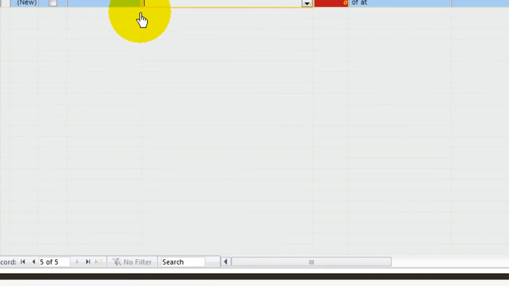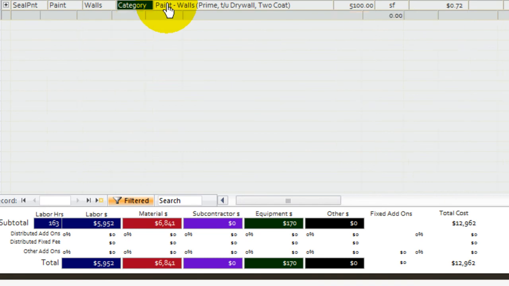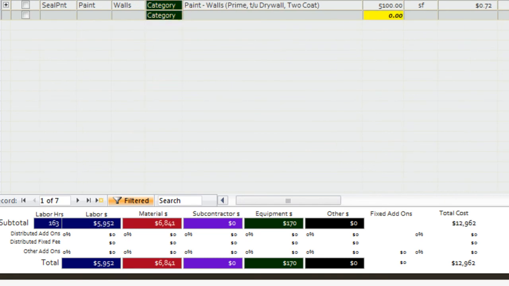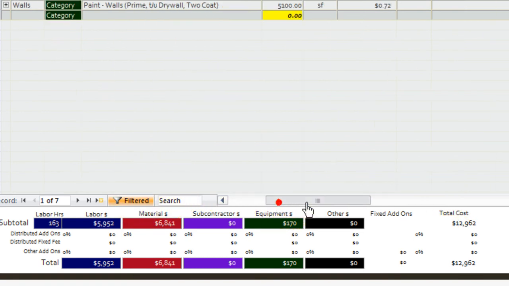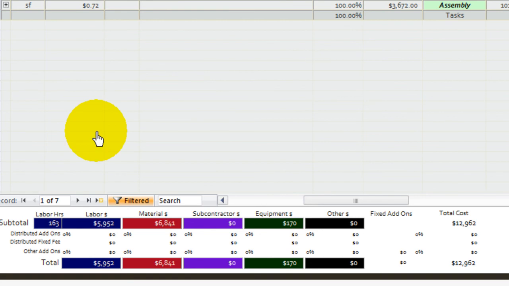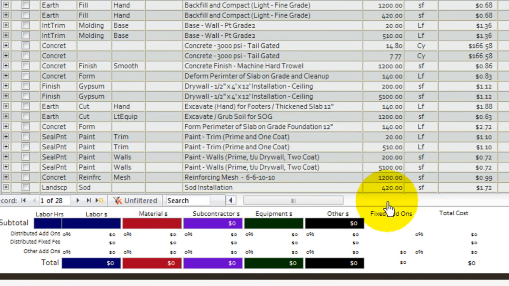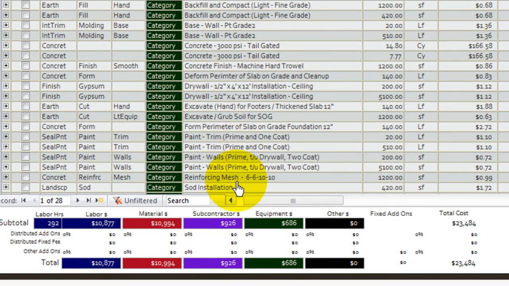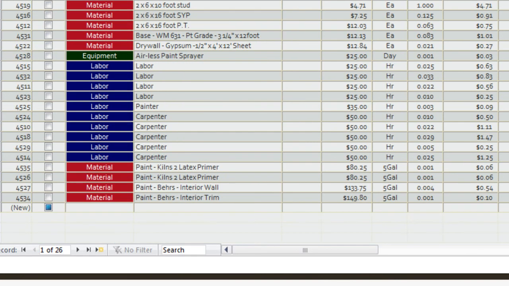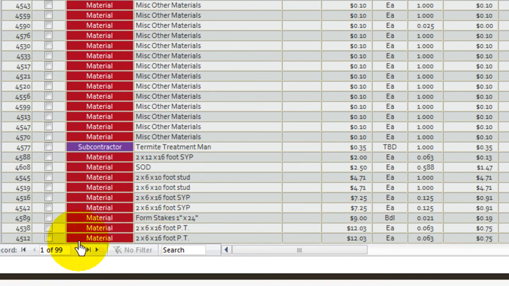And I can continue going down through this, but I just made the concrete and the interior walls, and right now it's not showing any difference because it's still filtered, because we went over here and we only wanted ID of that. So I'm going to unfilter it. So now I got all these things in here. I have a material list that's already been created with the items, because all these items are located in those individual components. I got 99 different items now,